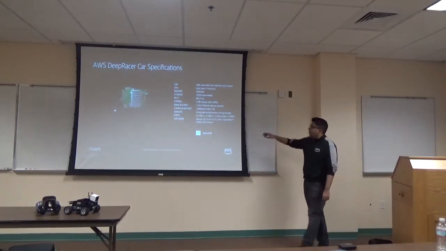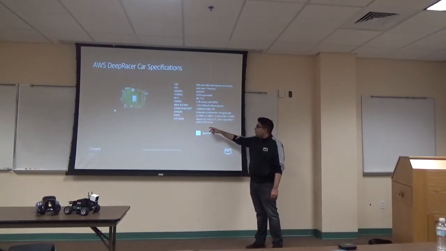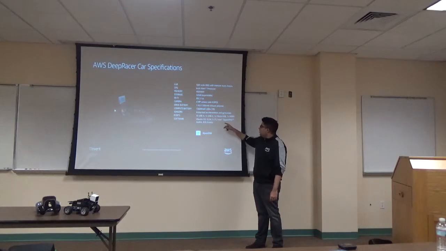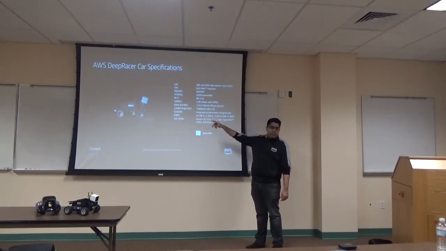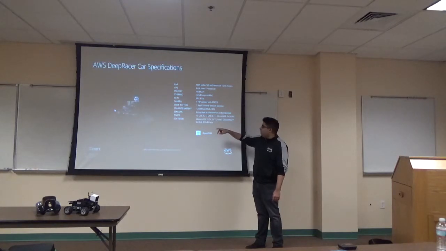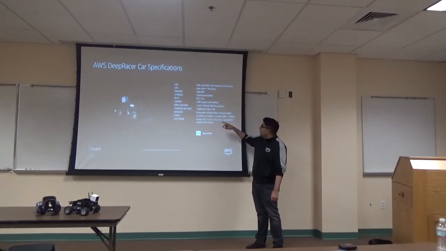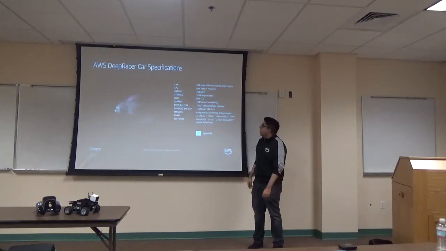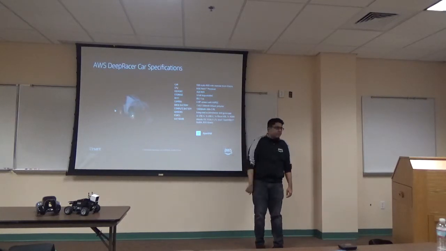In this slide, just quickly, you can see that the software that runs on the computer is Ubuntu, so it's definitely moddable. It runs Intel OpenVINO, which does the inference on what it gets from the camera and sends that to the model. It also has an accelerometer and gyroscope, and it has storage, 32 gigs, and it's expandable. Does it have Wi-Fi also? Yeah, it says it has Wi-Fi, but I haven't been able to access mine.